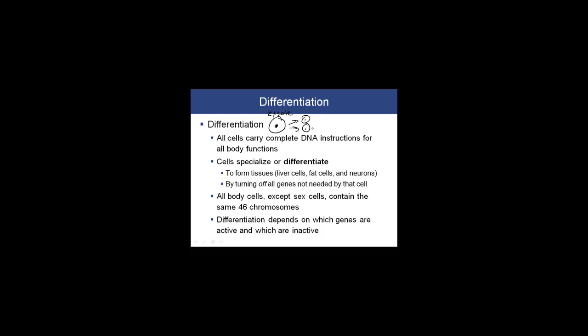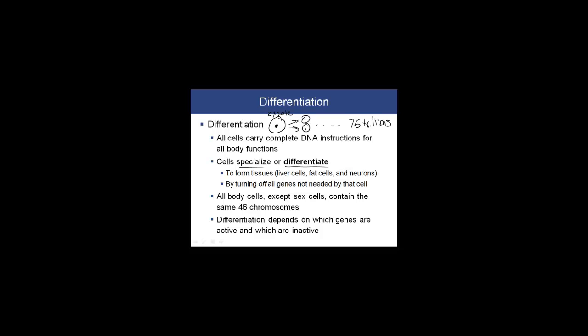And we know that that cell is going to divide into two cells, and those two cells are going to start dividing, and in fact you will divide until you get about 75 trillion cells in an adult body. And during this process of cleavage, cells are also specializing. They're also differentiating. The zygote is going to have a full set of DNA. In fact, they're going to have 46 chromosomes within the nucleus of that cell. And in fact, all 75 trillion cells, all of your cells also have the same 46 chromosomes,